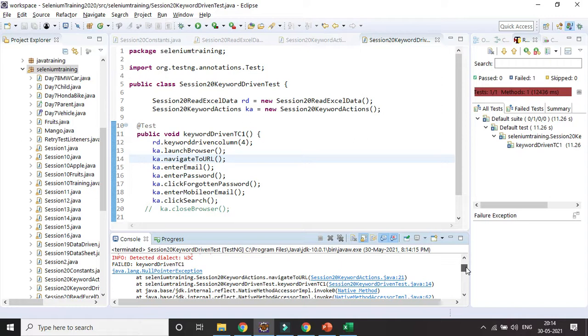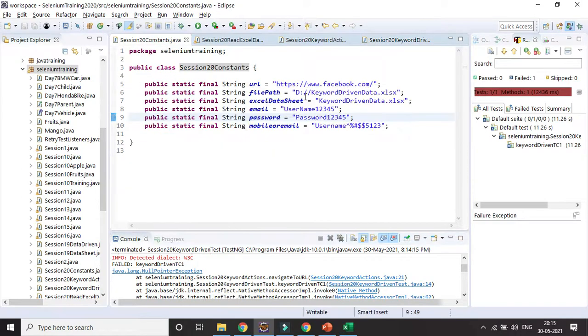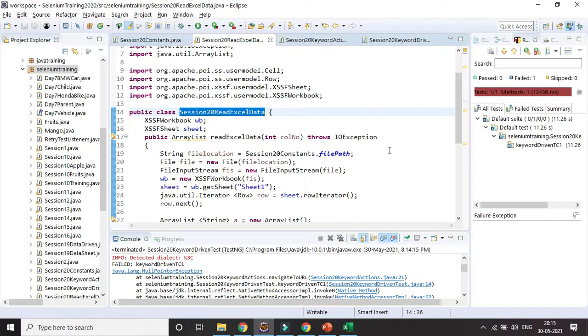Java null pointer exception, not able to read it properly. URL. Okay, one second.